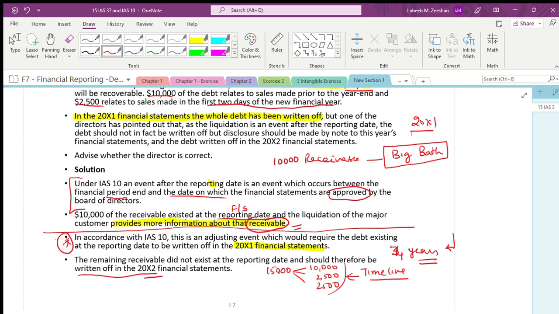When we have this option, immediately we should not do the adjustment. We have to give a timeline, and the rule says maximum 4 years. Maximum 4 years we can carry forward the provisions, and later on, if it is not recoverable, we can wipe it out completely. We cannot spontaneously and instantly write it off. That is the concept of big bath.